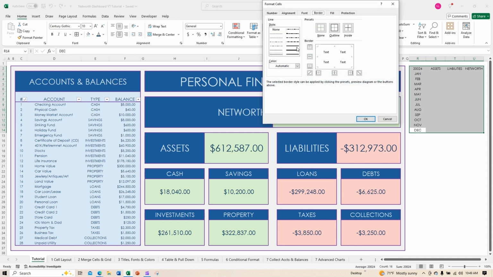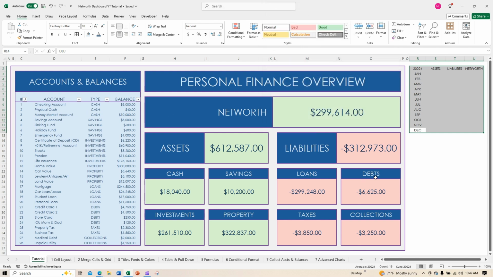I'm going to do the same border that I did for my entire spreadsheet. Okay, that looks good. And then I want to fill it in with the same colors that I had here so that it mimics. And then